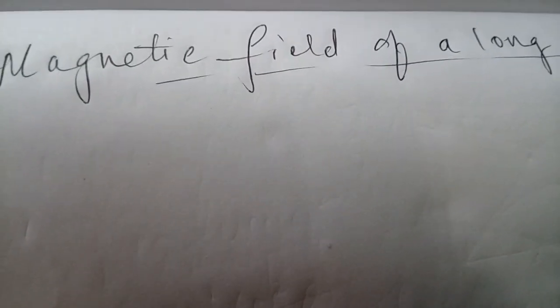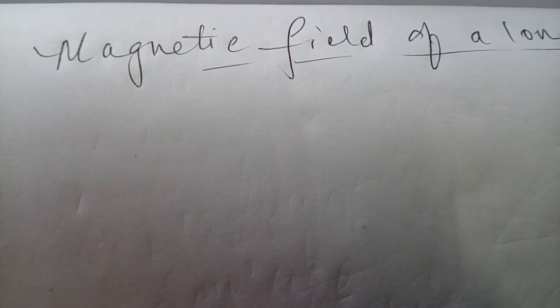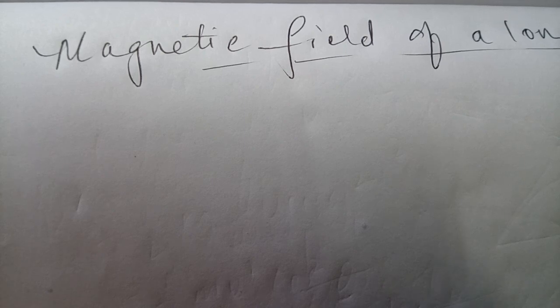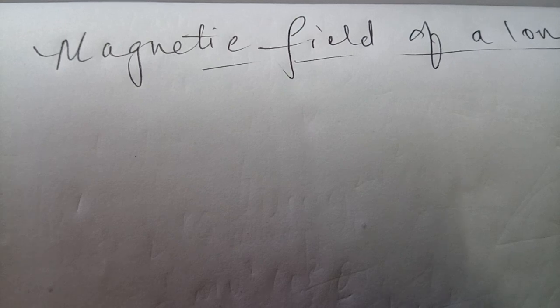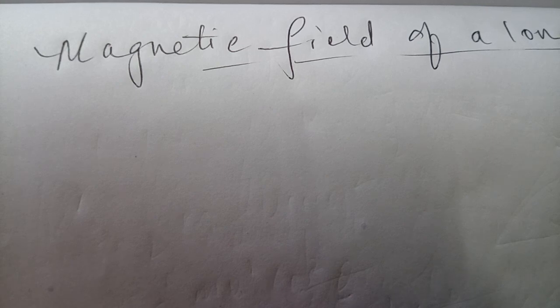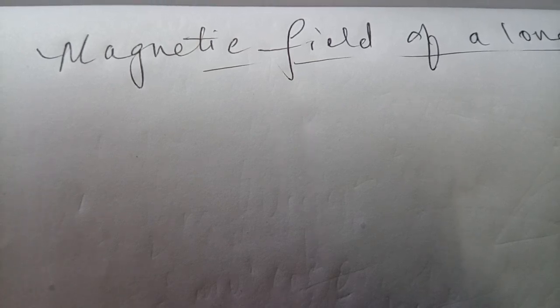Our task is to find the field, and this is an application of Ampere's circuital law, and you all understand what Ampere's circuital law is. Ampere's circuital law states that the magnetic field, or we can call it the magnetic flux density, around any closed path, you have to consider a closed path, is equal to mu0 times the net current flowing through the area enclosed by the path. Mathematically, the closed integral of B vector dot dl vector is mu0 times the current flowing through it.